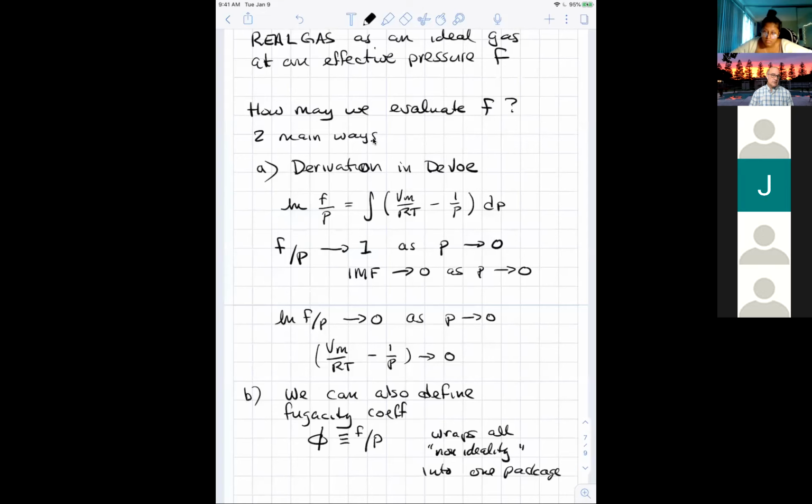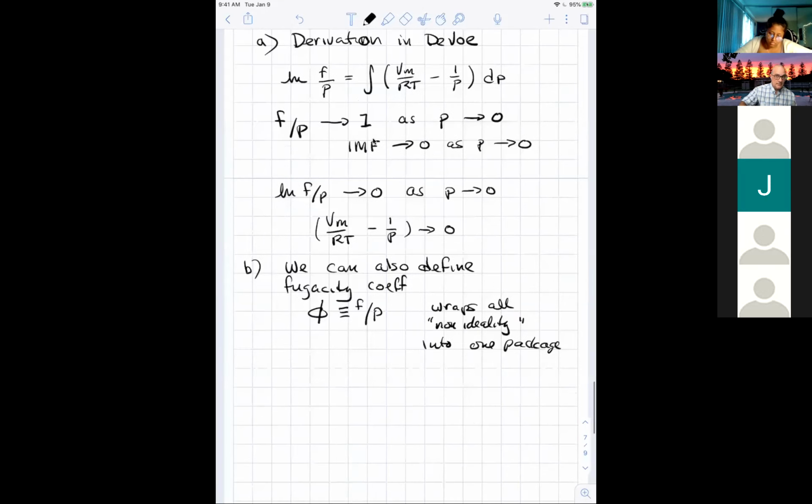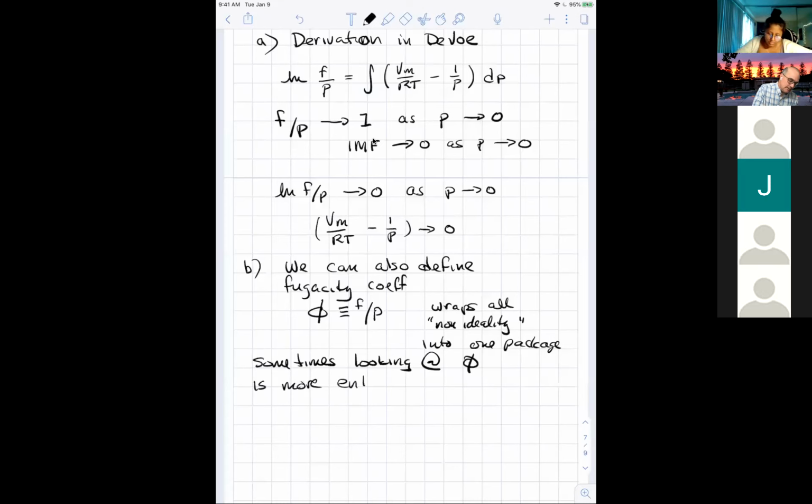So this is using a reference to avoid having to calculate something directly, right? And sometimes looking at the fugacity coefficient is more enlightening than F itself,